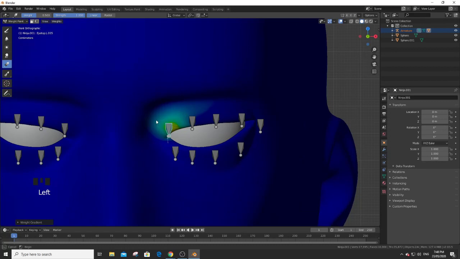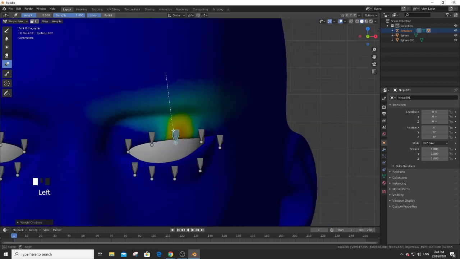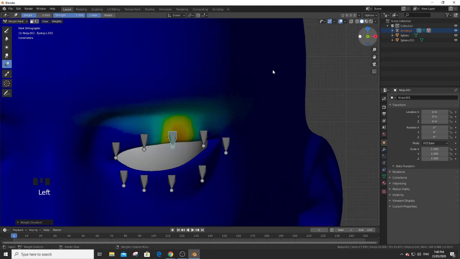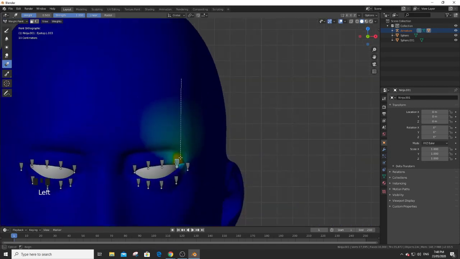Okay, he is controlling here, and adjust using the gradient and correct this bone, correct the weights here, and here also we can grab. If you use the brush, you need to set the settings here of the brush so you can completely remove the weights if you wanted. But the gradient tool is one of my best weight corrections